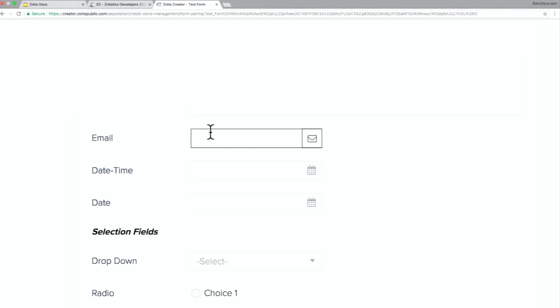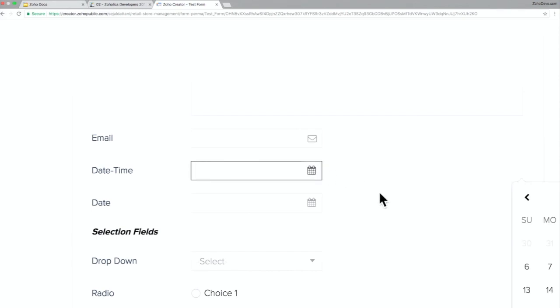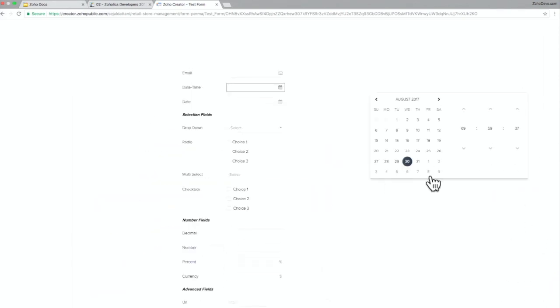These fields are very useful because they avoid the errors which usually a person makes while filling up the form. They might enter the date in different formats, like somebody might use dash, somebody might use a slash. Here you see that a calendar gets displayed which has the date as well as the time.